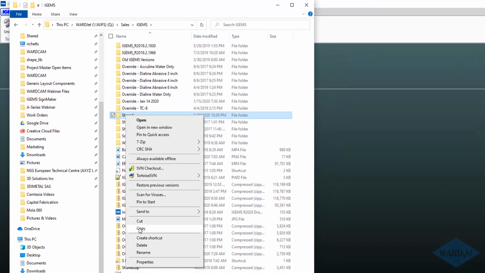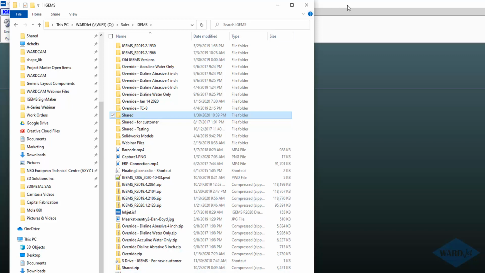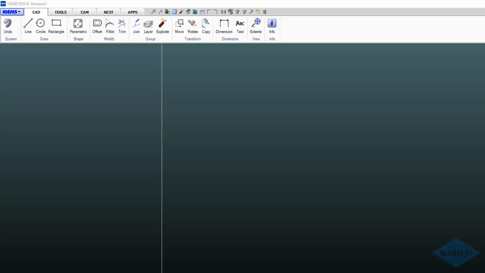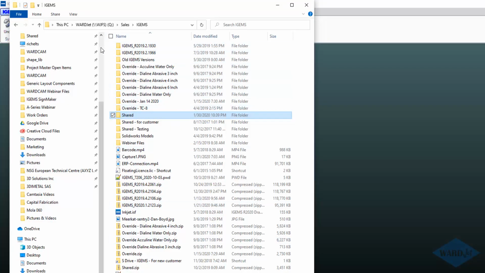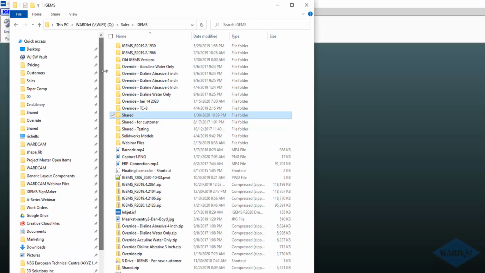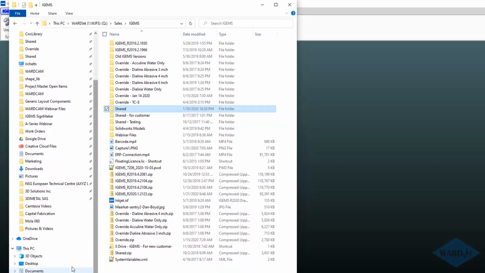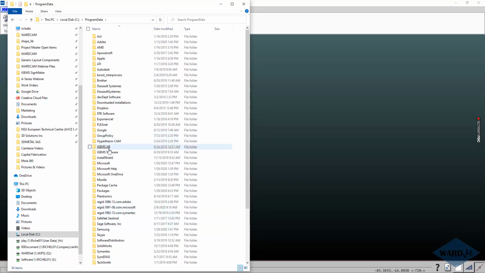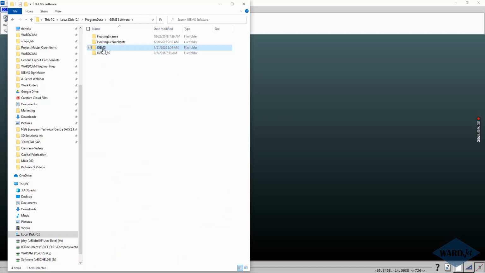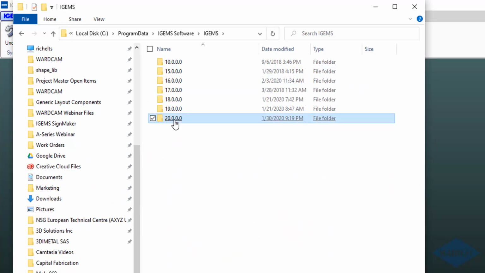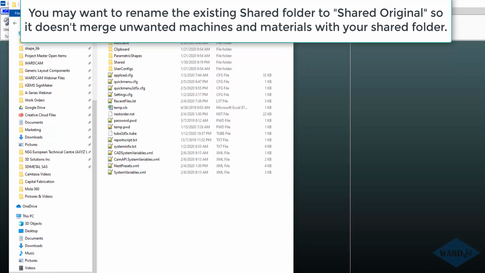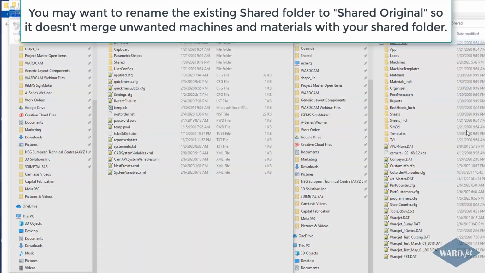So just right click and copy, or however you want to copy it, and then you can go ahead and open up your new IGEMS, or since you're right there in that folder anyways, you can just navigate to your location where you want to put it for your 2020 version. So if I want to put that on my C drive, I would just navigate to your C program data, and then IGEMS software, and then under this IGEMS you'll have your various versions, and then you go down into 2020, and then you can paste it into that location,